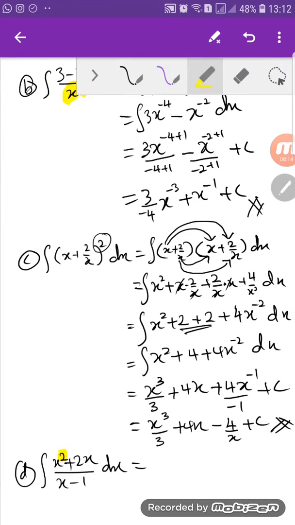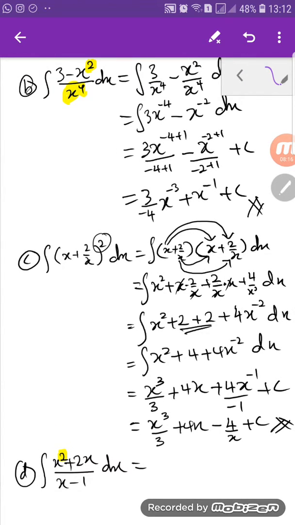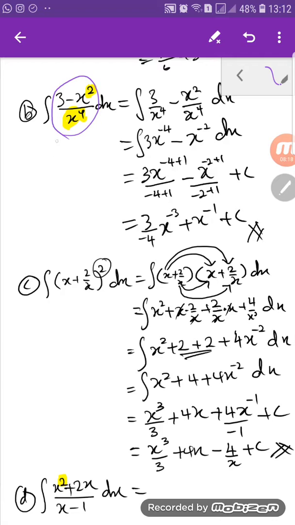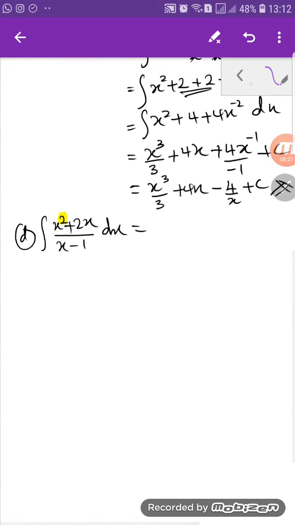So what's the difference is that this is what we call a proper fraction, while this one, since the degree of the numerator is greater than the denominator,